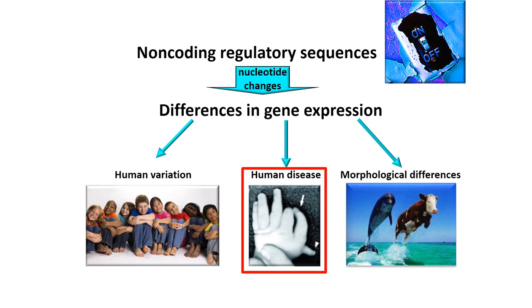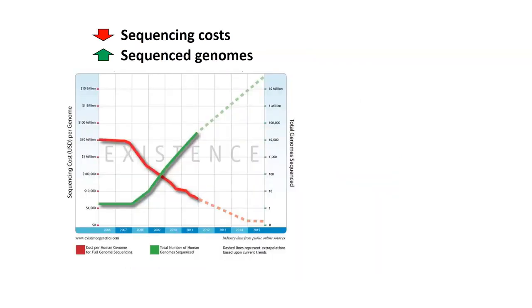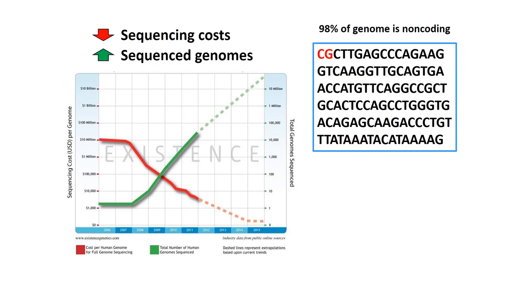For this meeting today, I'll talk about how mutations in these elements could lead to human disease. We are in the midst of revolutionary times where the number of genomes being sequenced is going up like crazy, and the cost of sequencing is drastically going down, allowing us to sequence millions of genomes. In a human genome, only 2% of it will be coding for protein, exons, while the 98% is actually non-coding sequence. So if we look at the sequences here depicting the genome, you see that only the 2 nucleotides here are actually exons, and everything else is non-coding, suggesting that we have this vast genomic space to characterize these regulatory